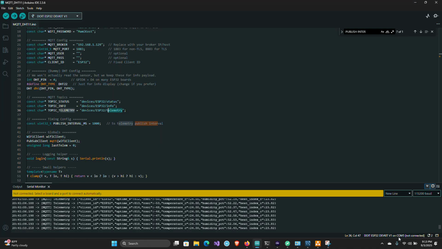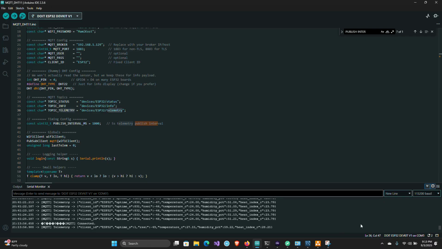Okay, let's connect the microcontrollers to the computer. Okay, the microcontroller is already connected to the laptop, so this is the data from the sensors.